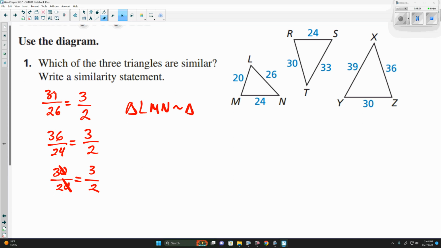So LMN, we started at L: short, middle, biggest. So we need to finish with the biggest one. So shortest is